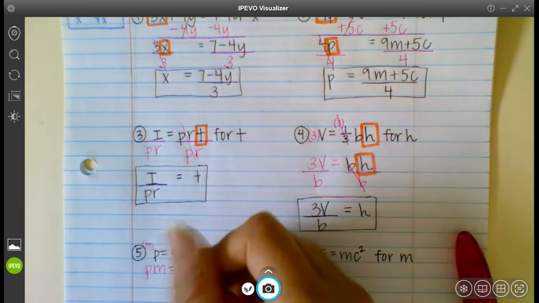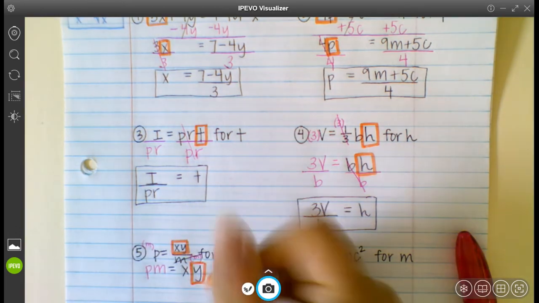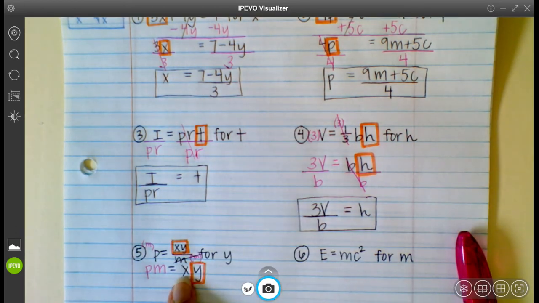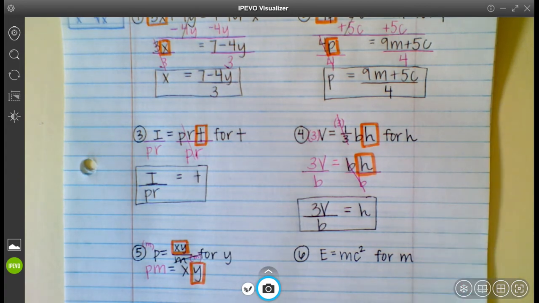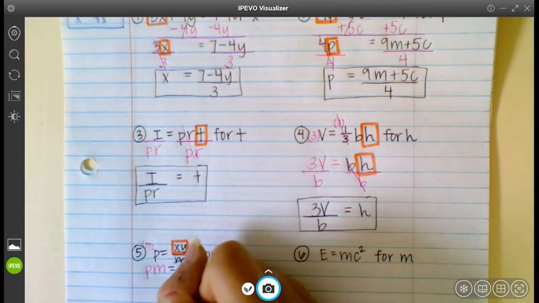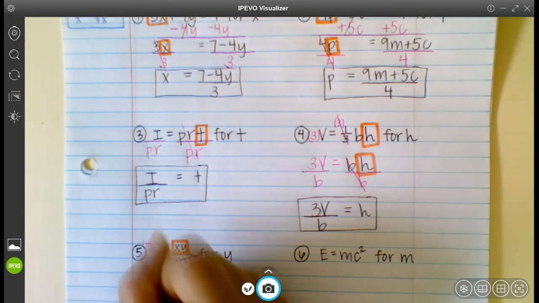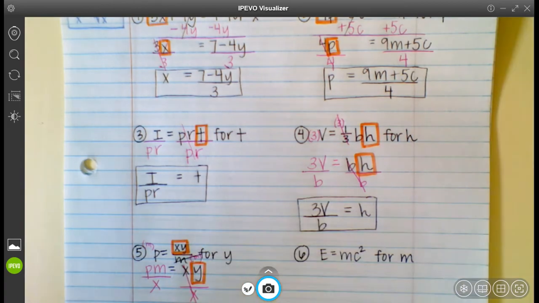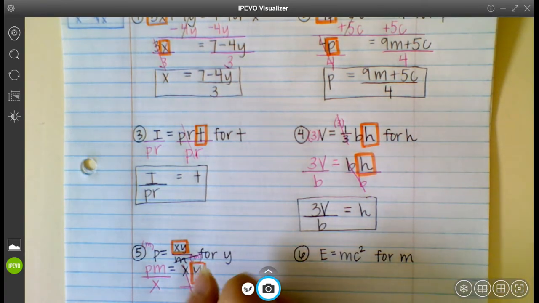And to finish, we need to get y completely by itself, which means I cannot have this x in front of it. So what operation is happening there since they're side by side? I bet you're saying multiply. So how do I undo multiply? We divide by the x. So let's divide by the x to both sides, and we end up getting y equals,